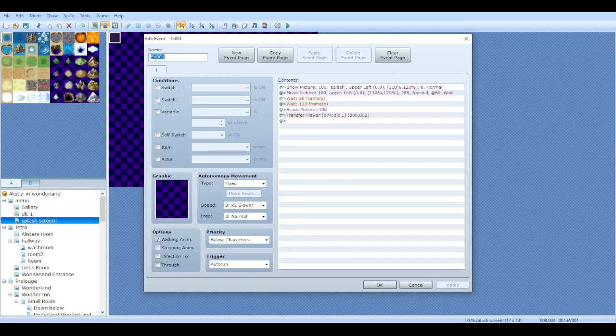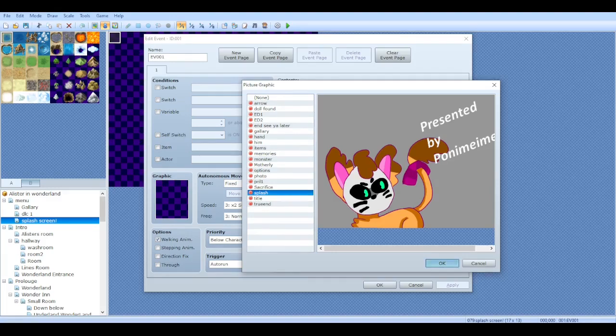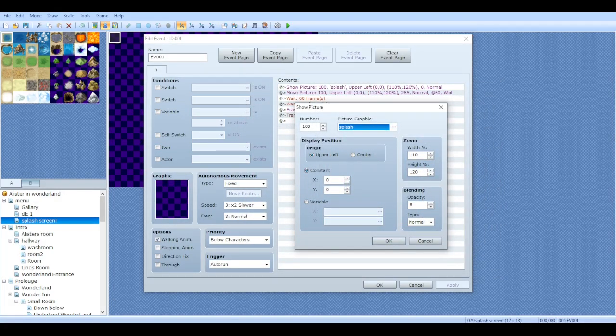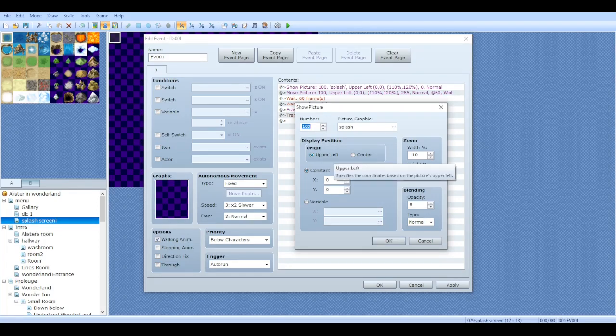But you do show picture, make sure the opacity is set to 0. Set the blending opacity to 0 at first. You choose your picture here. Then you do whatever number you want on this. Make sure it's possibly the correct screen size for your game, because if you don't, it'll be a bit wonky. And then you'll have to do the constant or the variable, and always make sure it's upper left. But I usually like to keep it centered, like the picture itself, and then choose upper left because that's where